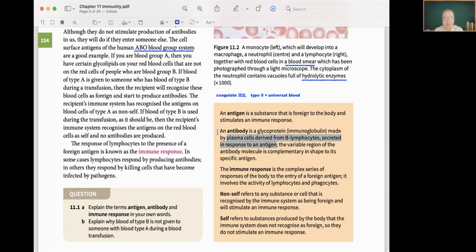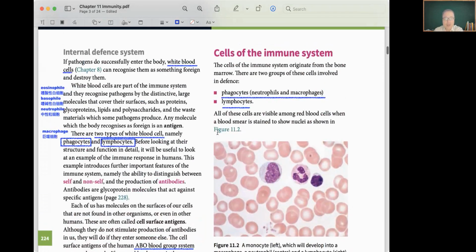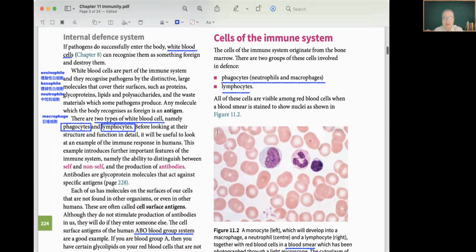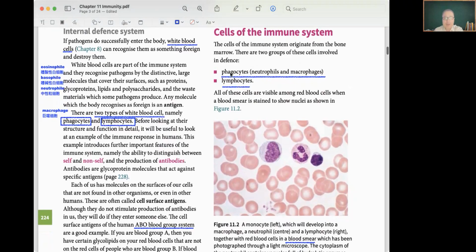Okay, let's keep introducing the immune system. The cells of the immune system originate from bone marrow, 骨髓. There are two groups of cells involved in defense. One is phagocytes like macrophages and neutrophils. We have mentioned 中性粒细胞, neutrophil. And second, lymphocytes,